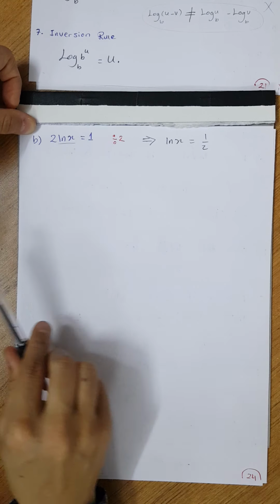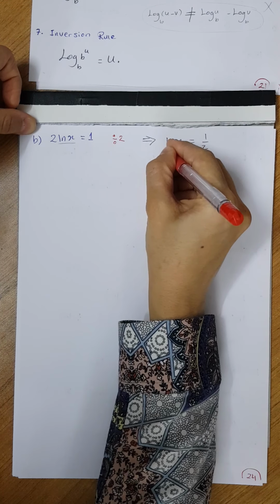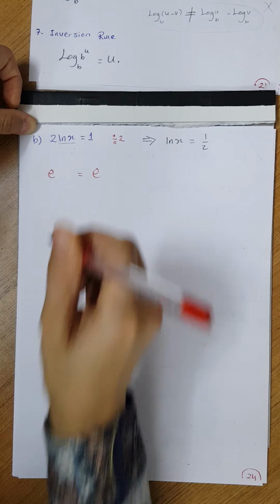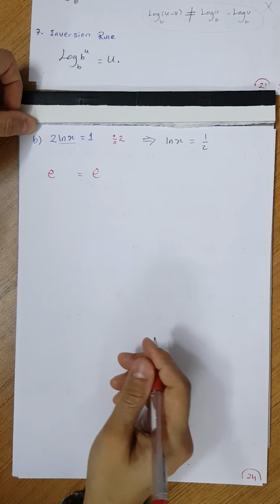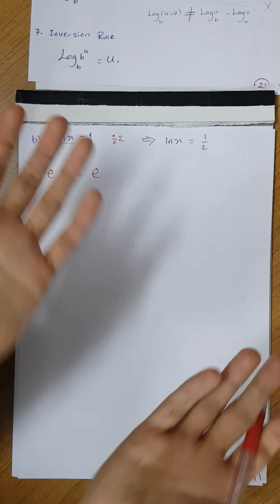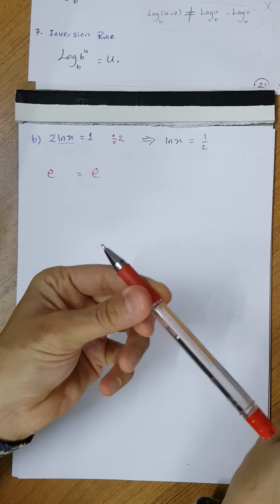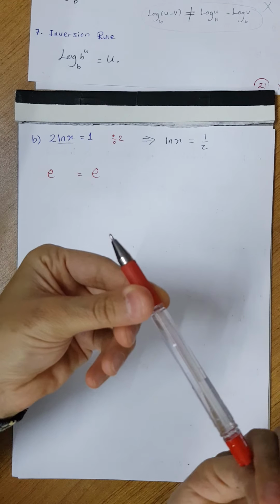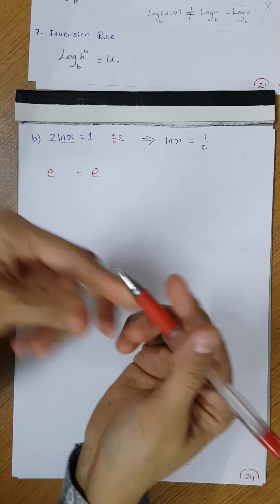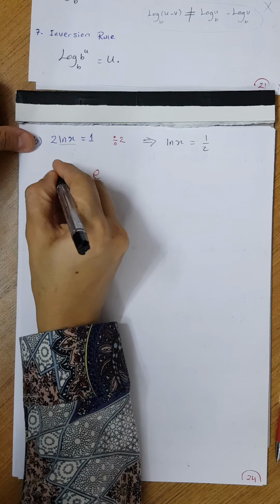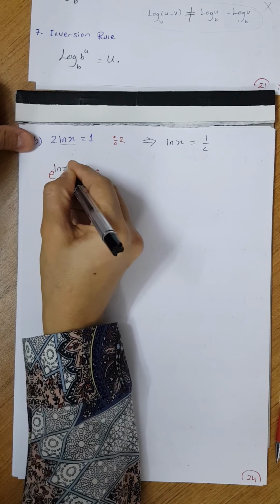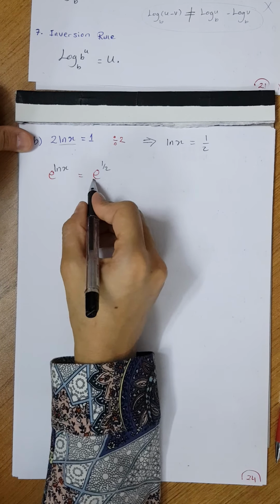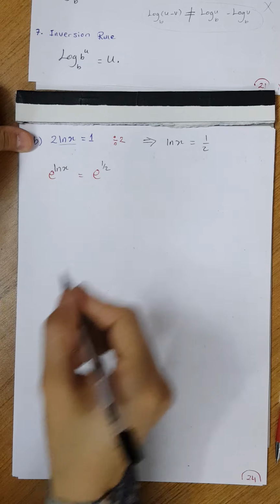Now ln is alone, so I'm writing the equation that I have got with the base of e. Look, I'm not multiplying it. Okay, here I'm writing all of the equation with the base of e. That means, for example, if I have got something here, I'm putting something underneath of it. Not multiplying it and putting it right next to it. I'm putting it underneath of it. So that will be e to the power of ln of x. Look, it went to the power, not multiplying to it, and that's equal to e to the power of 1 over 2. It's not e multiplied to 1 over 2. That's the common mistake students make.